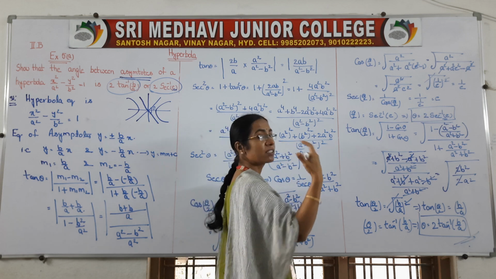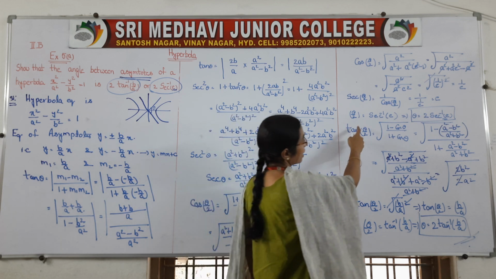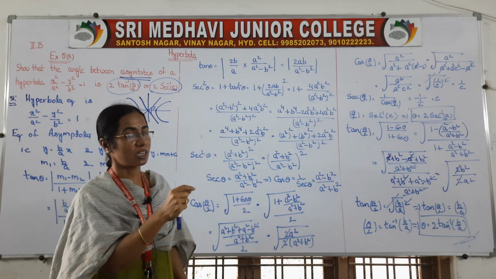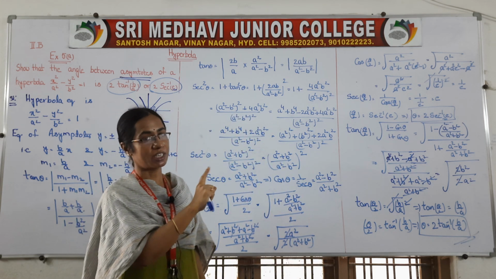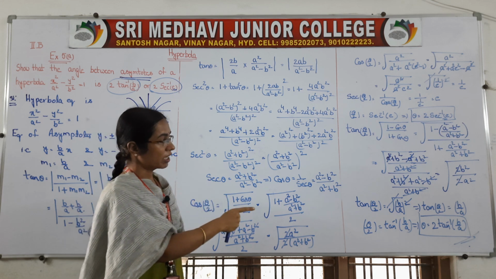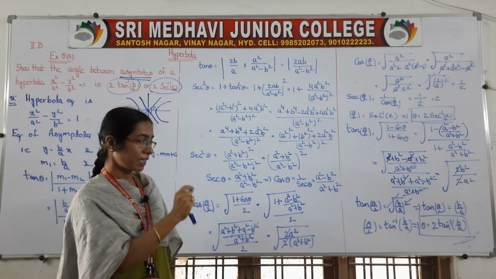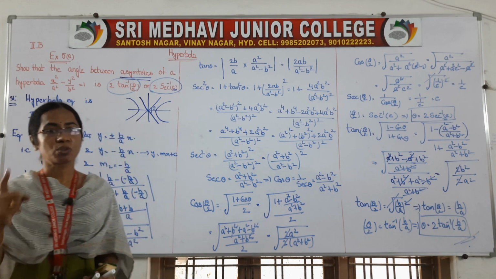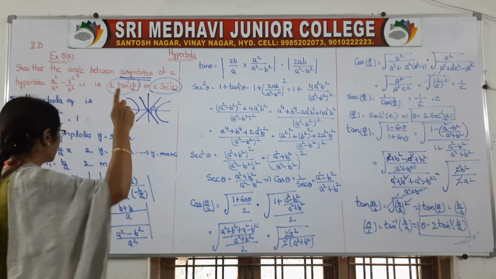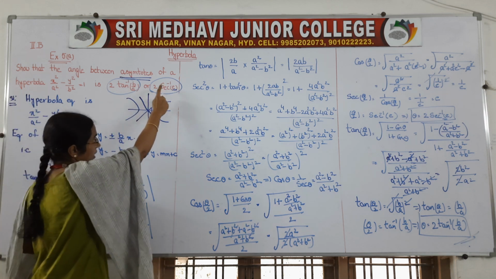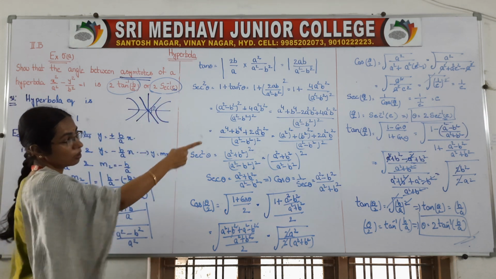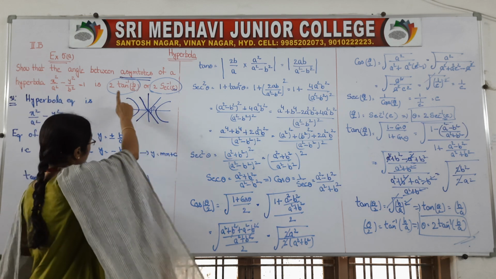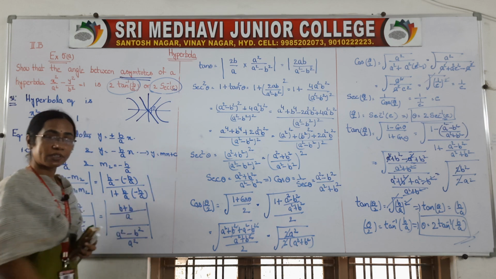Then try to get the next angle, the next type of angle. Tan theta by 2 is equal to root of 1 minus cos theta by 1 plus cos theta. Already the cos theta value is derived. So substitute, and you will get theta in terms of tan. Sometimes they will ask only one thing, either this one or this one. If this one is asked, you have to prove that theta is equal to 2 into secant inverse e. Suppose this one is asked, you have to prove that one.